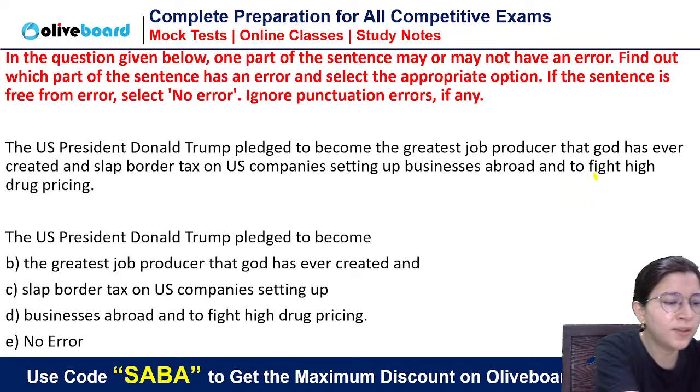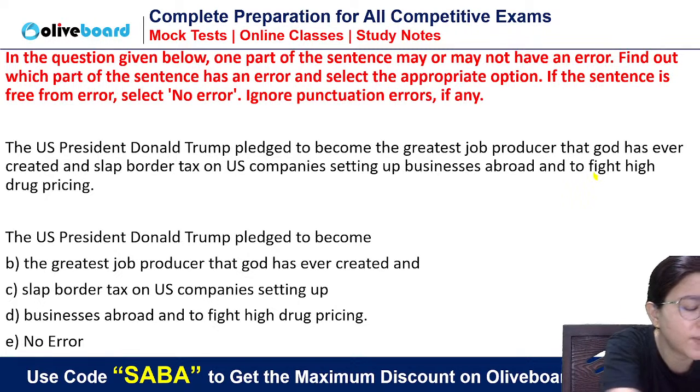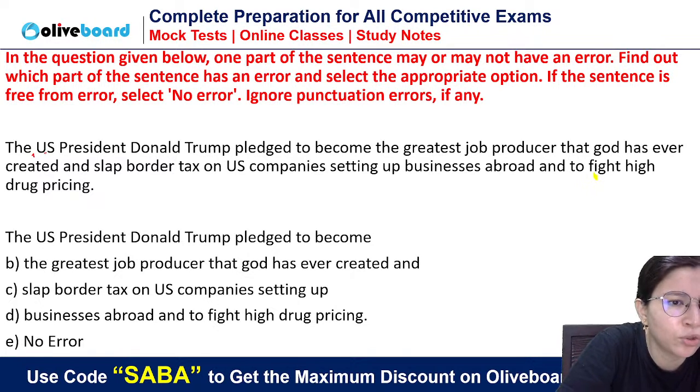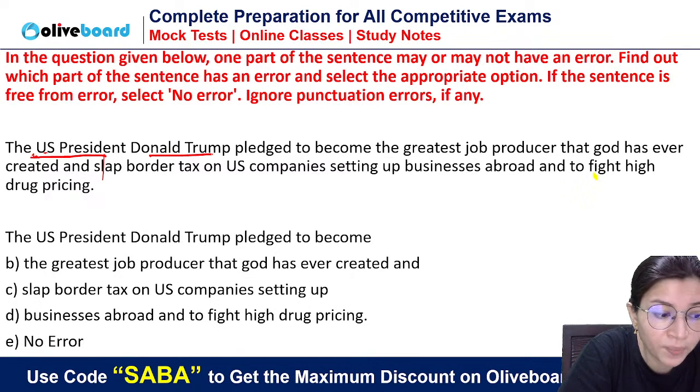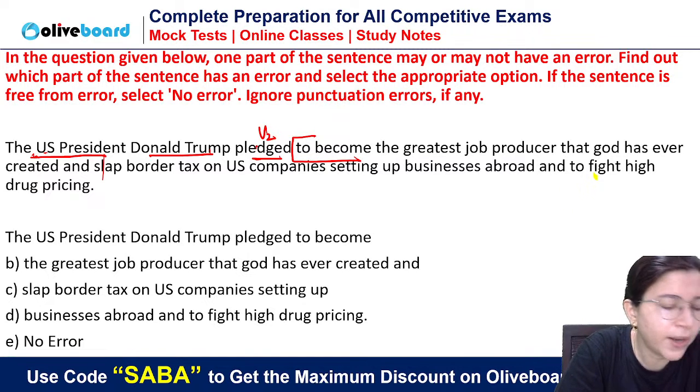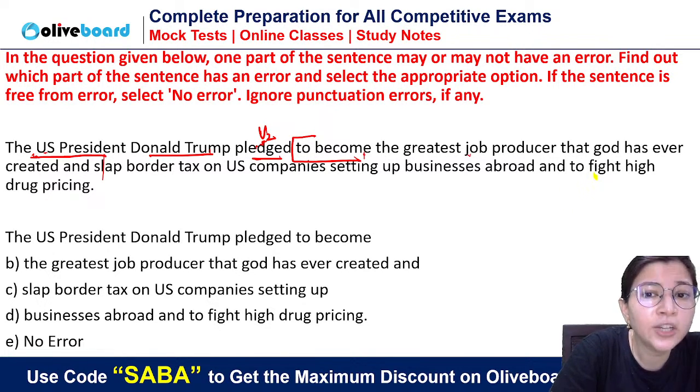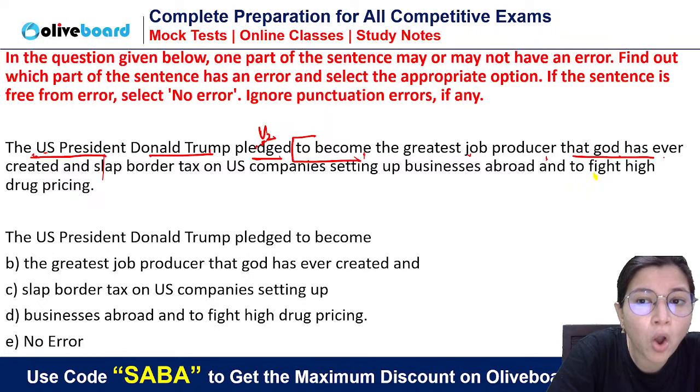चलो लेट मी सी. Parallelism guys, parallelism में भी ना थोड़ा सेंस लगाना पड़ता कभी कभी. सुनिए, पहले ध्यान से सुनिए. The US President Donald Trump, listen to me carefully. The US President Donald Trump pledged to become. Pledged is the finite verb. ध्यान से सुनिएगा इसका स्ट्रक्चर. Okay. The US President Donald Trump pledged, it's the V2 form, to become the greatest job producer that God has